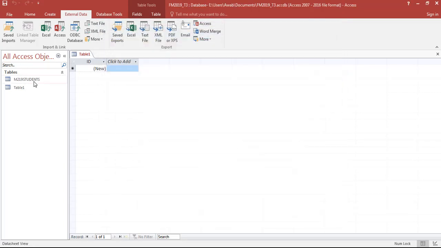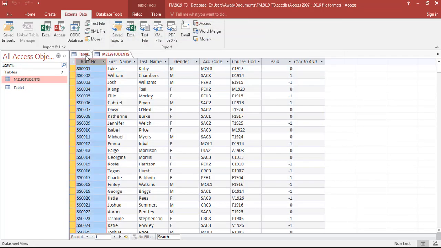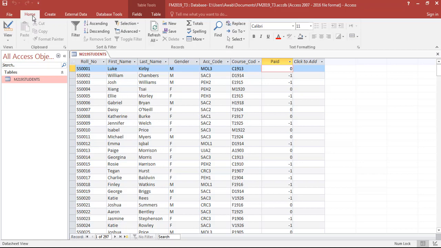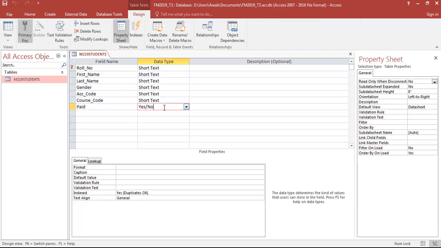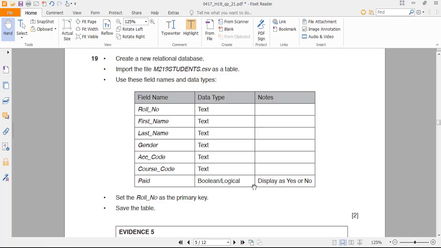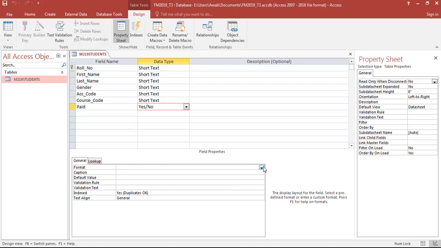Close, just close this table. Okay, perfect. So the paired is showing as zeros and minus ones. Okay, so it has to be yes or no as clearly written in the question. So our format would be yes no, and you'll go to datasheet